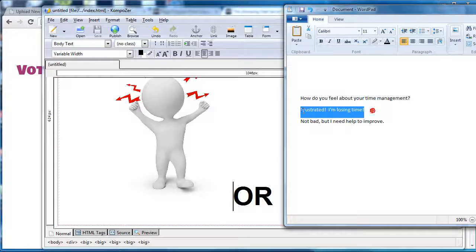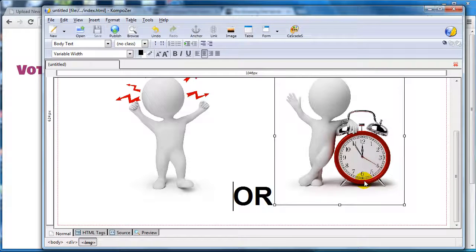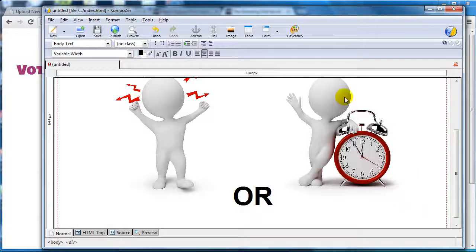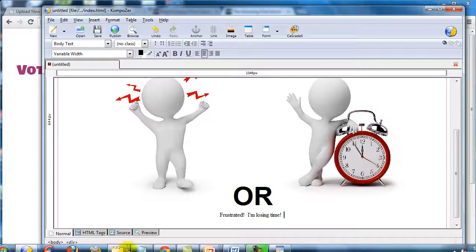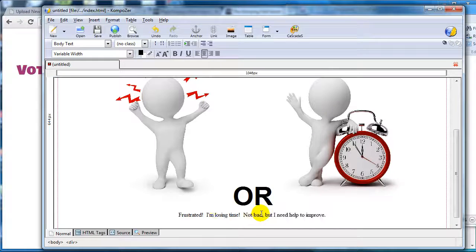So I'm going to go to WordPad here, copy this right below the image. So we're going to put it on a brand new line here and get the other text and put this underneath the right image, and I'm going to put some white space between them